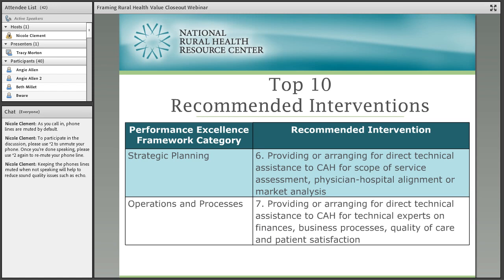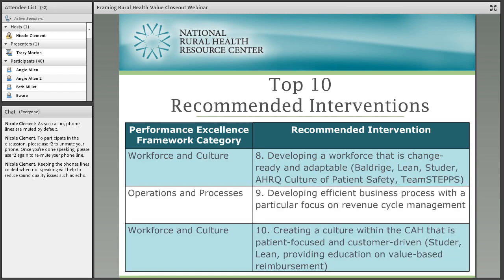So yeah, there's a lot of work that gets done on a system basis. And then like I said, for the critical access hospital in particular, we have provided various assessments on business and revenue cycle enhancement. Okay, great. And I know revenue cycle came up as one of the recommended interventions too, so we'll talk more about that one here in just a little bit.